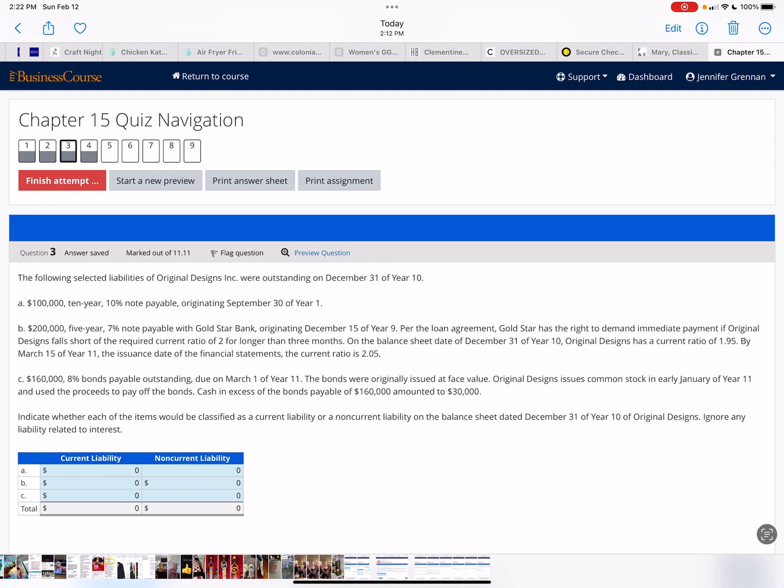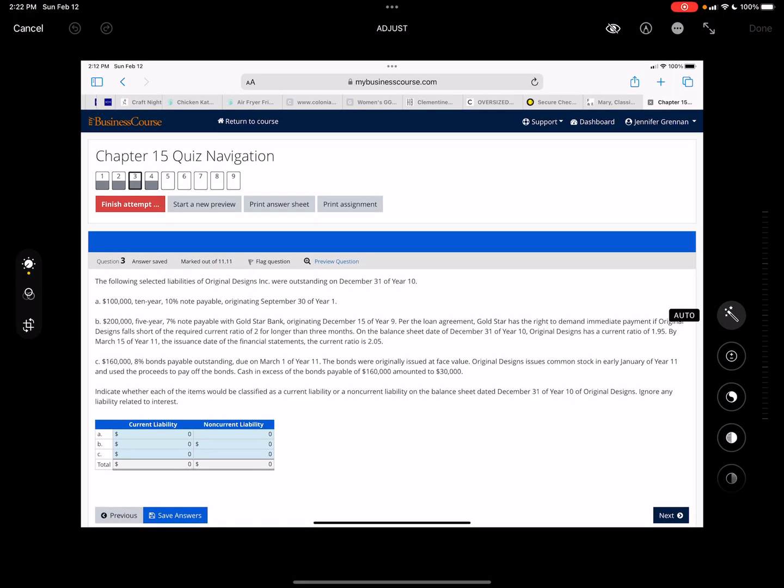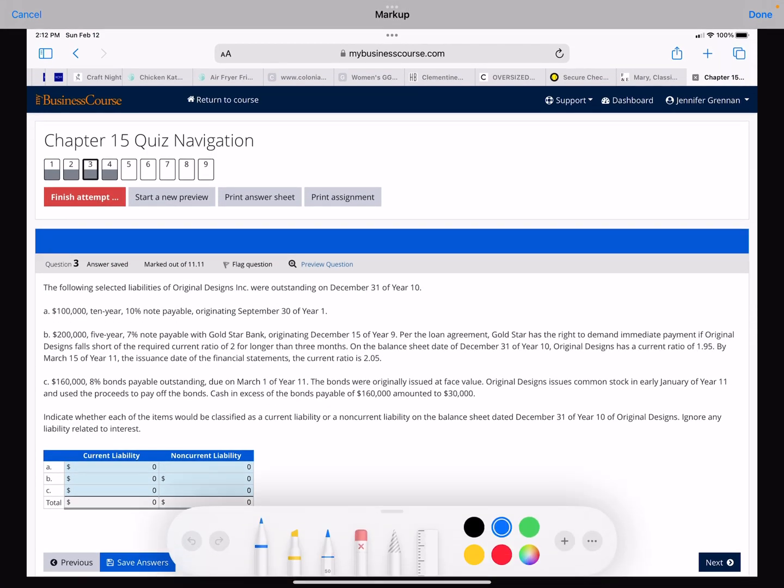All right, number 3. Here we're trying to decide whether something should be classified a current or a non-current liability. So remember, with this type of question, we're not doing any journal entries. We're just looking at our financial statement and saying, based on the information we have before we file our financials, if your financials are as of December 31st,